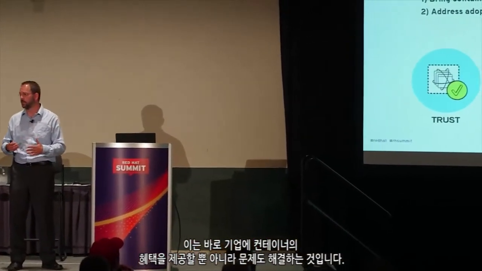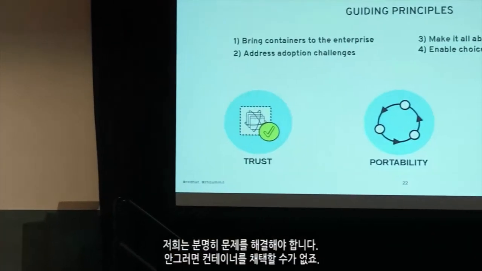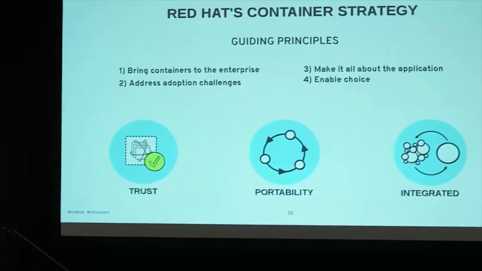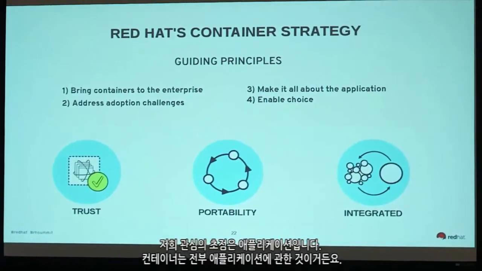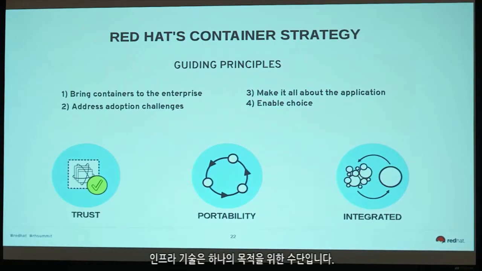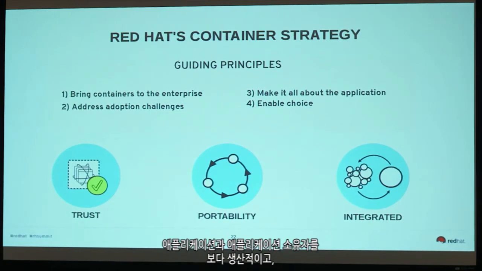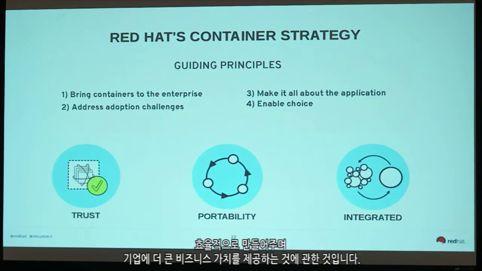Our strategy at Red Hat, and we've said this last year, we still say it this year, we haven't actually changed it, is aimed at delivering the benefits of containers to the enterprise, but also solve the problems. We obviously have to solve the problems, otherwise you cannot adopt it. At the center of the attention for us is the application. Containers are all about the application. The infrastructure technology is a means to an end. It's about enabling the application and the application owners to be more productive, more efficient, and deliver more business value